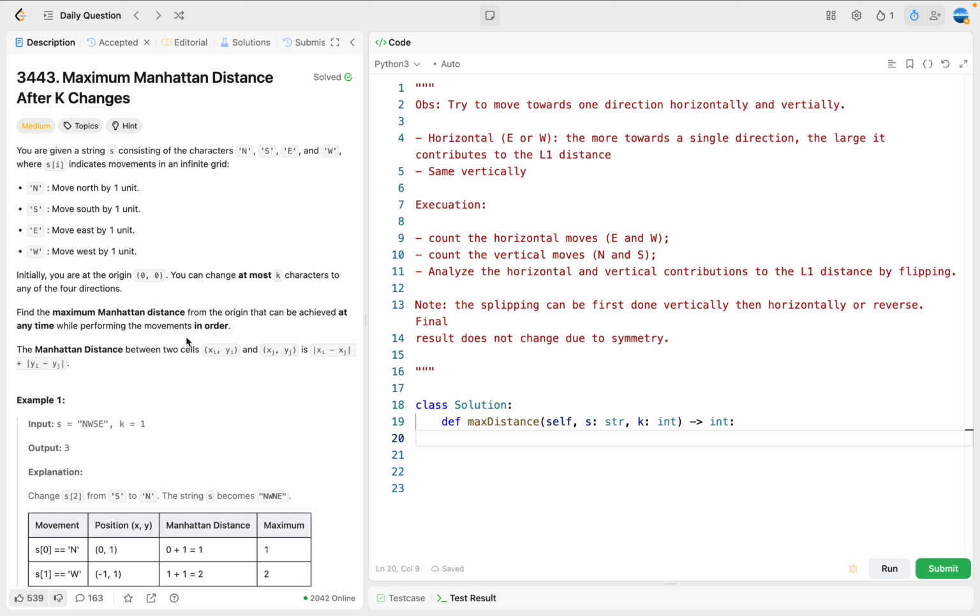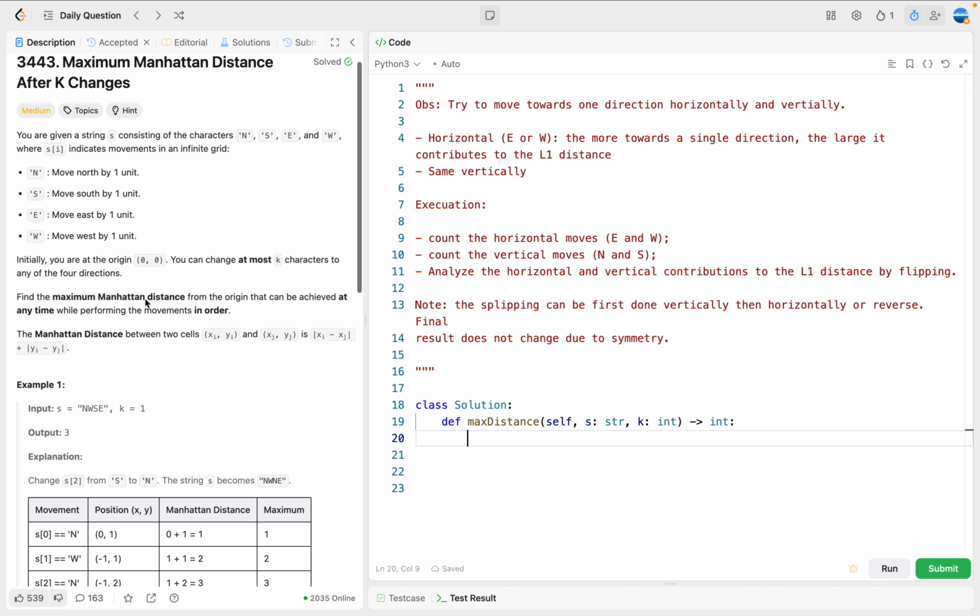Let's have a look at problem 3443, maximum Manhattan distance after key changes. This is today's daily challenge problem, and in this video, we are going to analyze how to do this problem and digest it. We are not going to read through the problem statement, but here we want to mention two